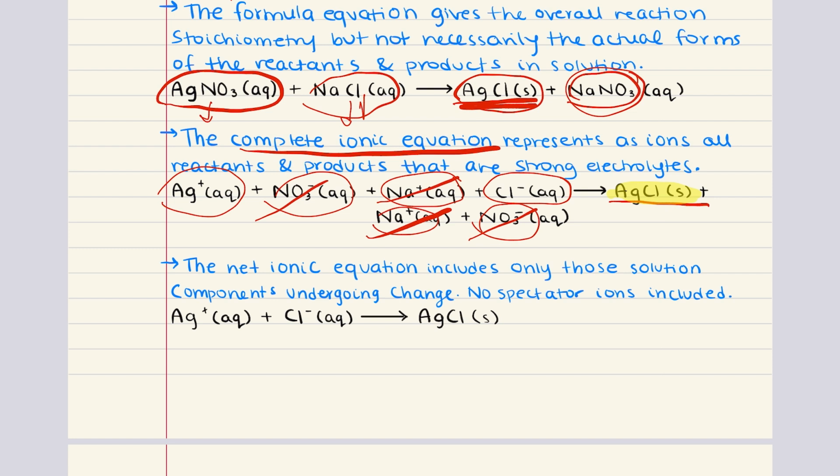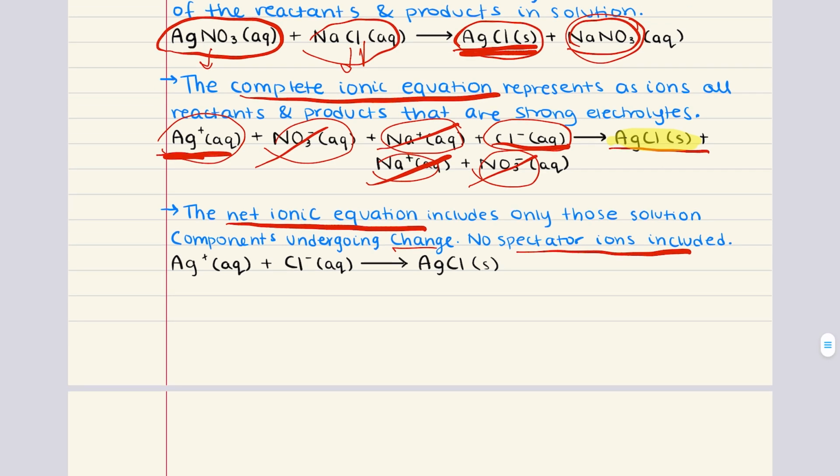And that means what we're left with is the ions that are actually participating in the reaction. And we can now write the net ionic equation, which includes only those solution components undergoing change, no spectator ions included. Those spectator ions, again, are those ions that appear in the reactants and in the products. You can eliminate those when you are writing the net ionic equation. And so the net ionic equation for this reaction is silver cations plus chloride anions give us silver chloride. All right. So in summary,